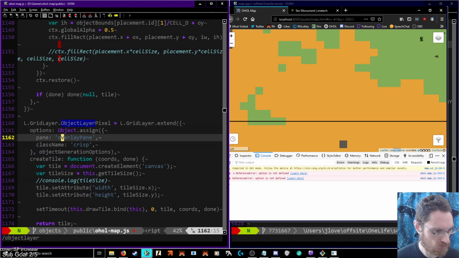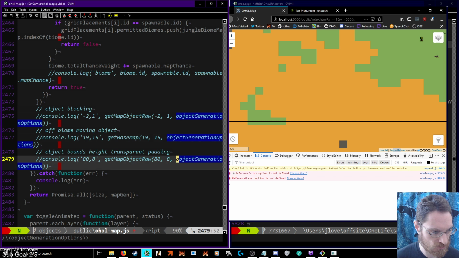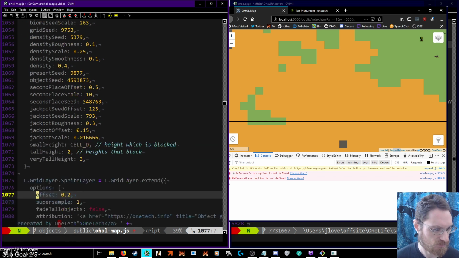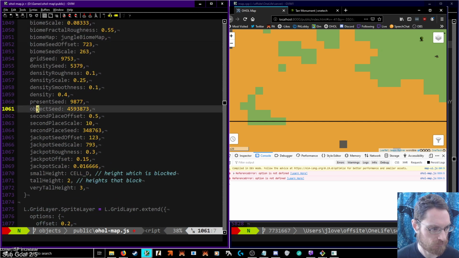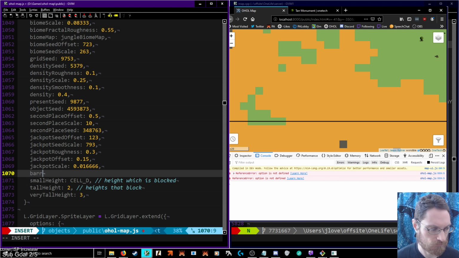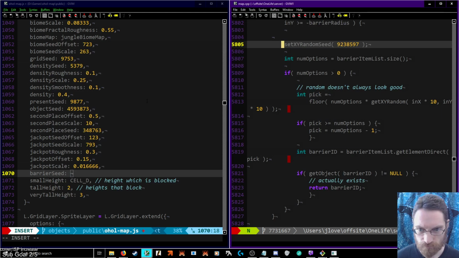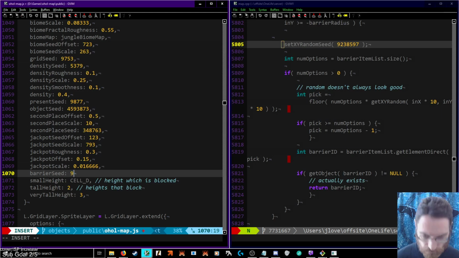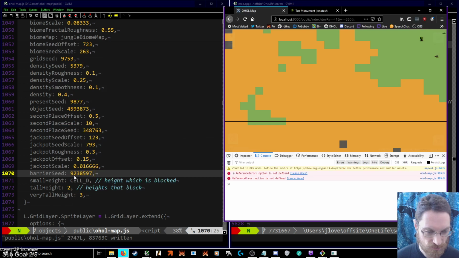Object layer uses object generation options. Nine, 2, 3, 8, 5, 9, 7. This is not even a super critical thing. It's just to give you variation. That it matches exactly is